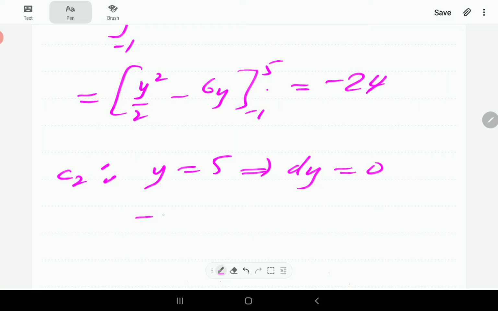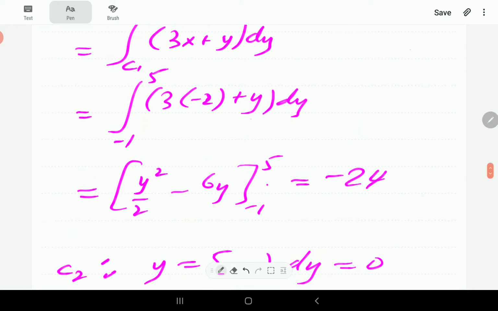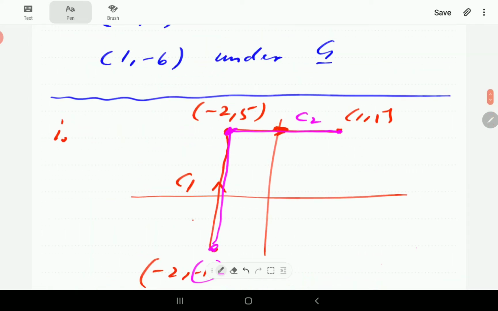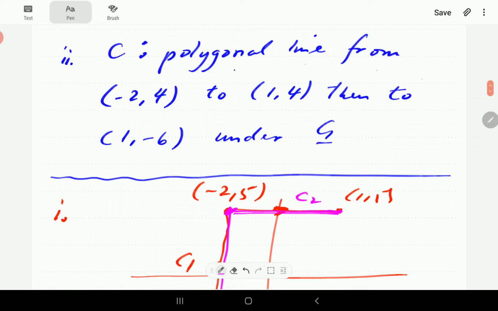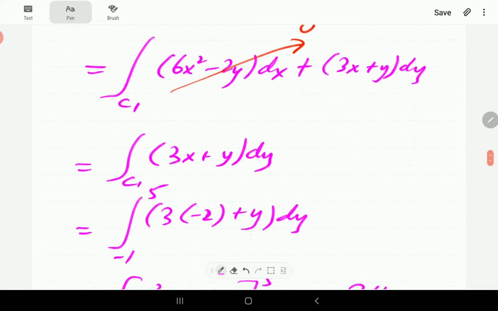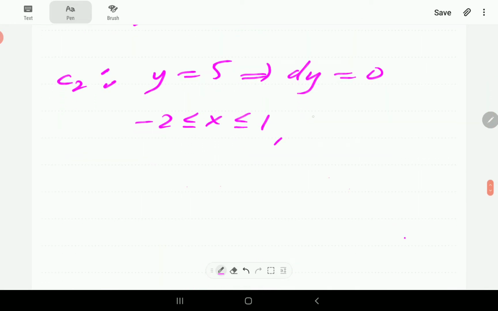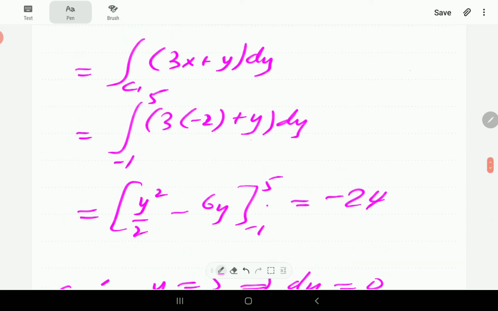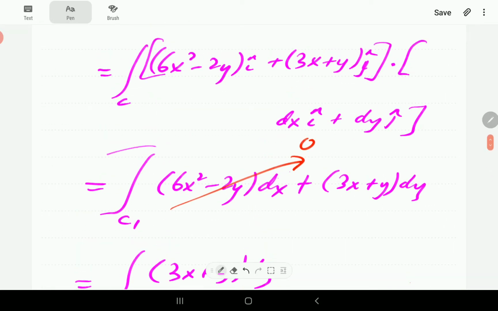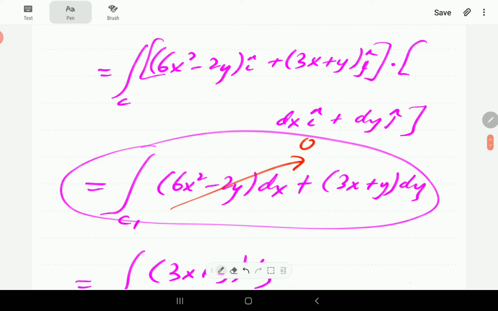The limits of x this time: along C2, x goes from -2 to 1. So there's C2, x goes from -2 to 1. That means the integration limits in terms of x will be from -2 to 1. Then we go back to this same integral here, but now we are doing